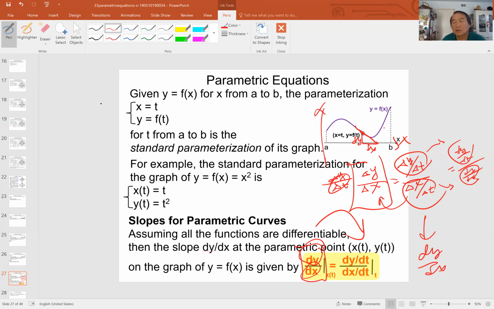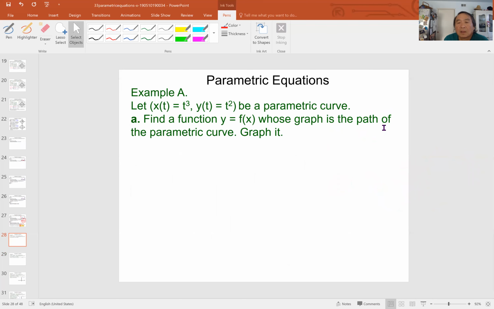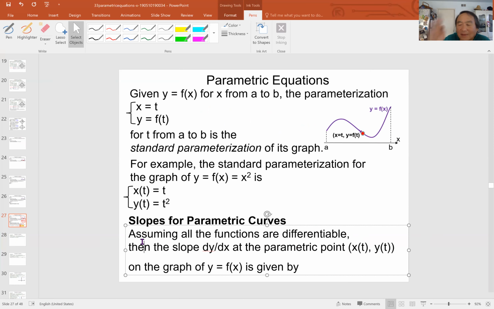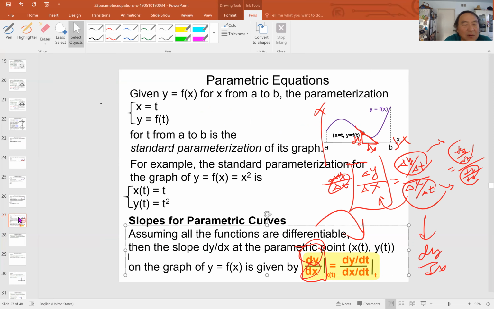It gives you the slope, the change on the graph of the ratio between y's and x's. And it is calculated via the ratio of the t-derivative of y to the t-derivative of x, dx/dt. Talking too much, but